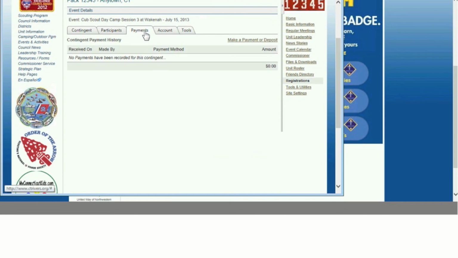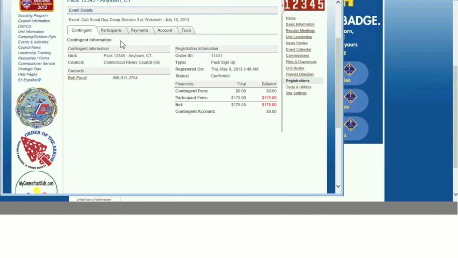I haven't made any payments. If you have money left in your contingent account, if you're curious, if you click on account, that's where you will see that. The neat thing is